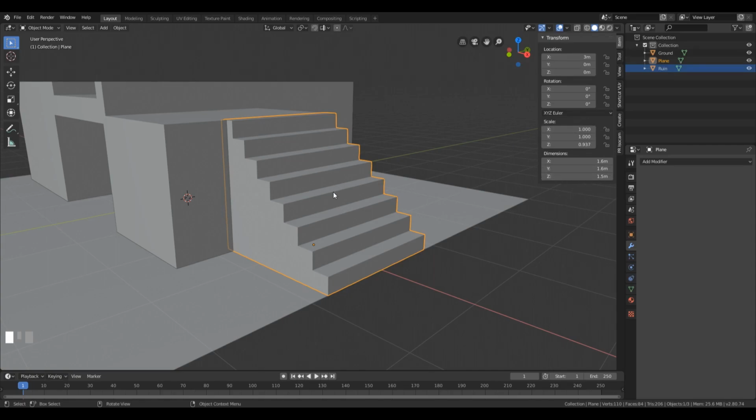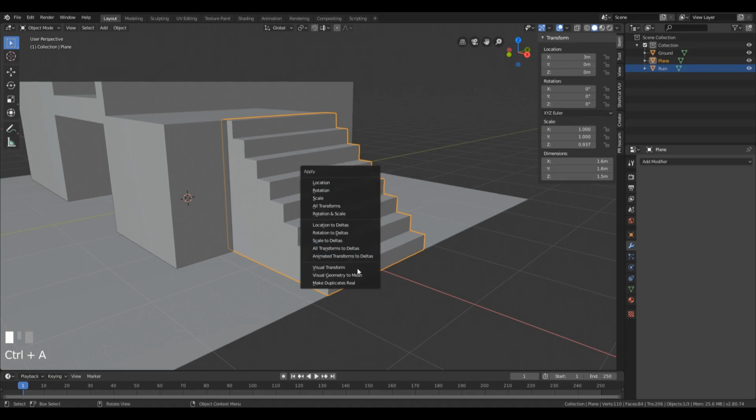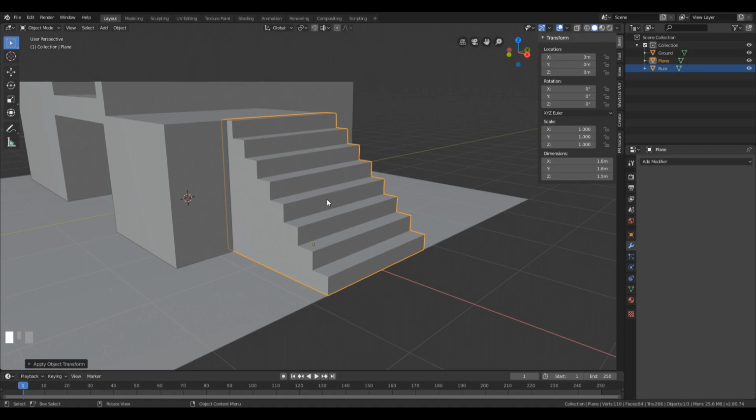But we can apply the scale, so let's press Ctrl A, which is a shortcut for applying values, and here you can choose to apply the scale. And if you look to the right and click scale, you can see the scale was reset to 1, 1, 1, but the dimensions stay the same. Now let's just name this object stair